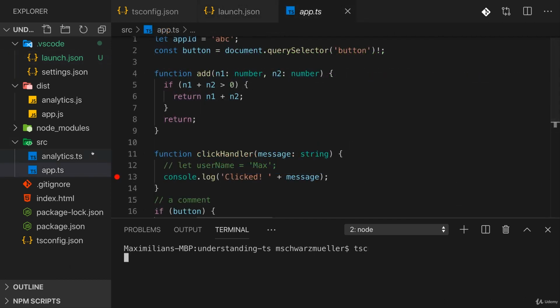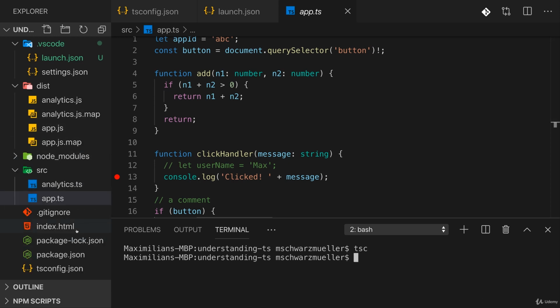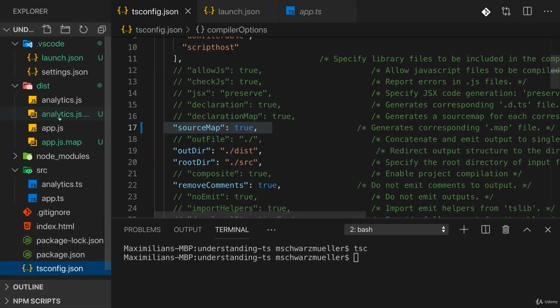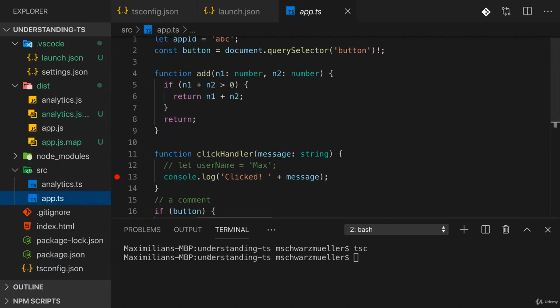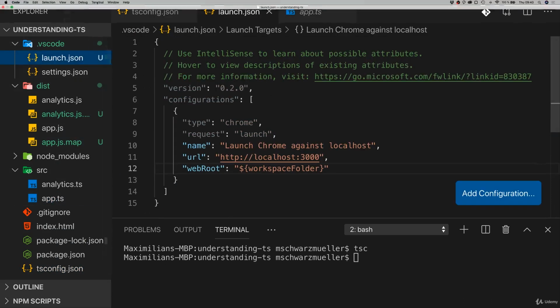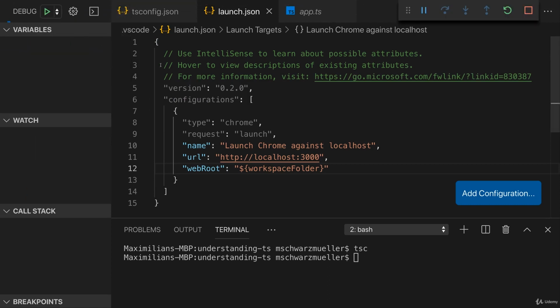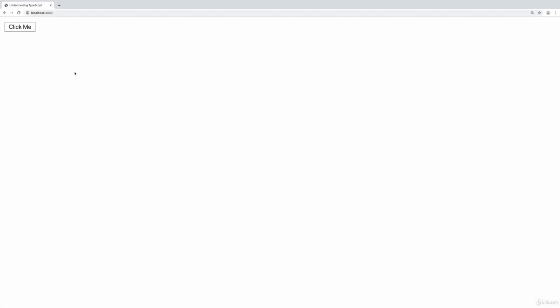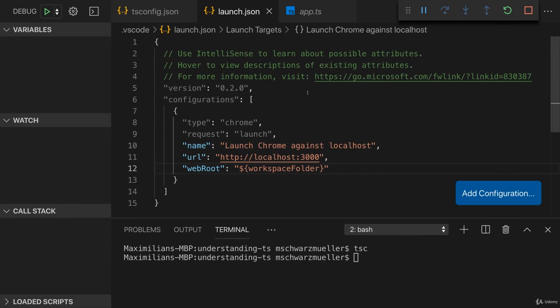And now compile your code so that the source maps also are generated after setting the source maps config to true, so that we now have these in the JavaScript code. Then with your breakpoint added here and your launch JSON configured, let's run debugging here. Start debugging now for real, and it will open up a new tab automatically. This tab will be closed whenever you quit the debugging process, or if you close the tab, the debugging process will quit. So now with that, you enter this debugging view here in VS Code,